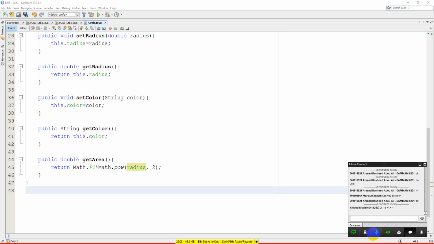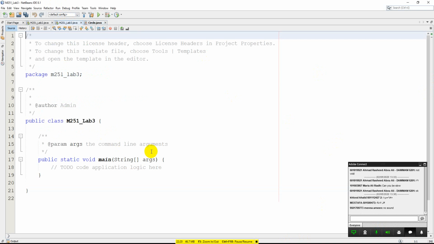Okay, so the next job here is to create the objects in the main method. So we write a separate class. We need a separate class where we keep